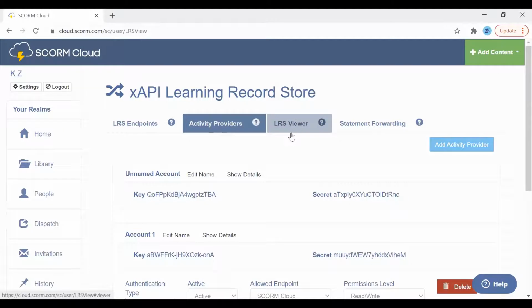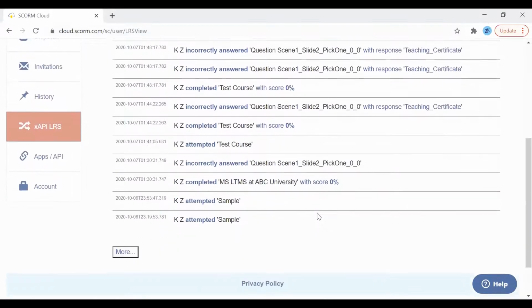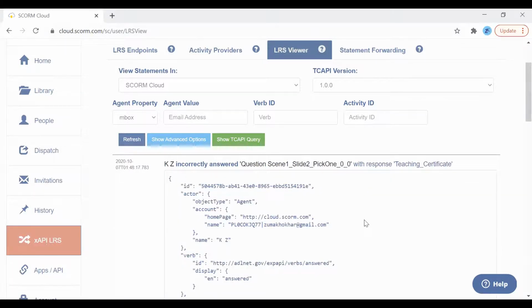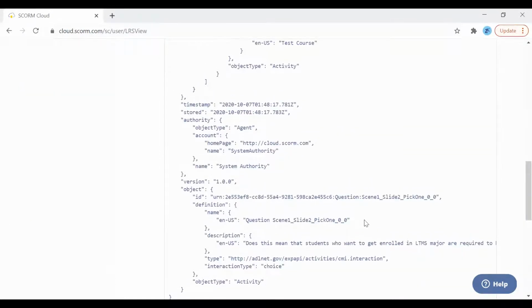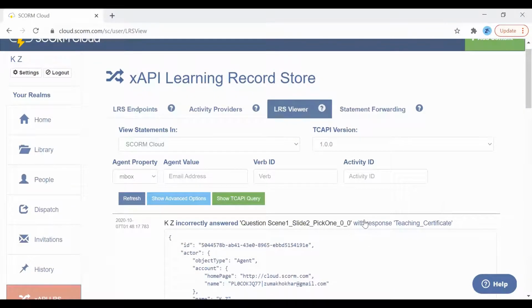The third option is to view the learning record store. Let's say you have a bunch of activities and statements, but you just want to see them and look at the record view and everything, so you can click on this option. Now you can see that I have a bunch of statements available. If I click on the statement itself, it will show me what it looks like. And then I can always export it for my own learning purposes, or if I want to transfer it to another learning record store.